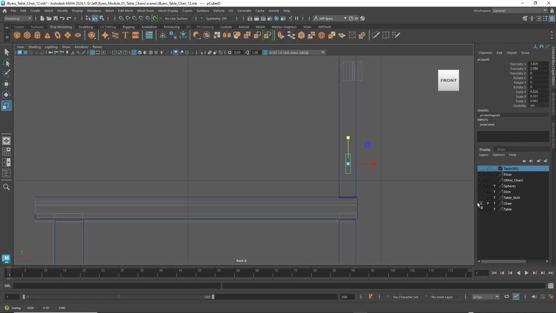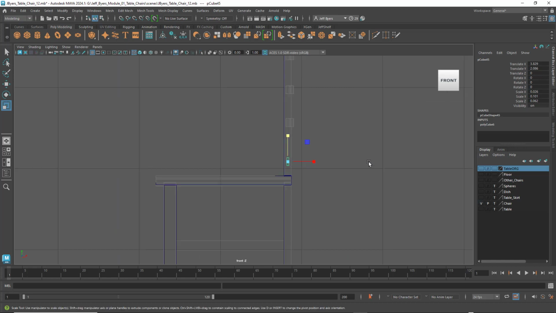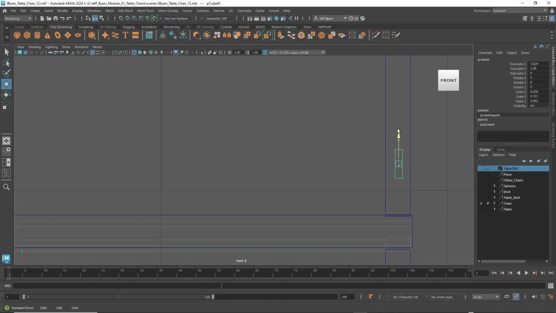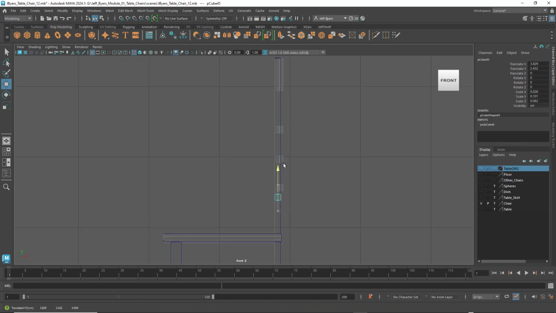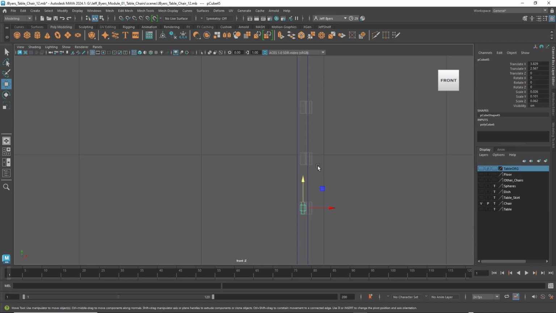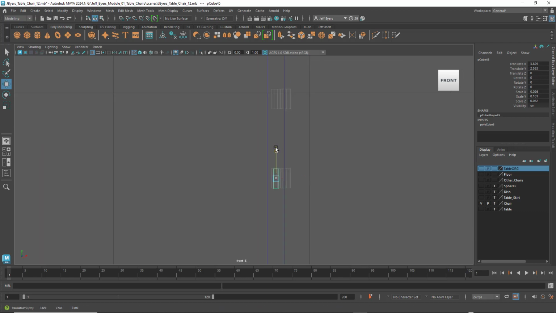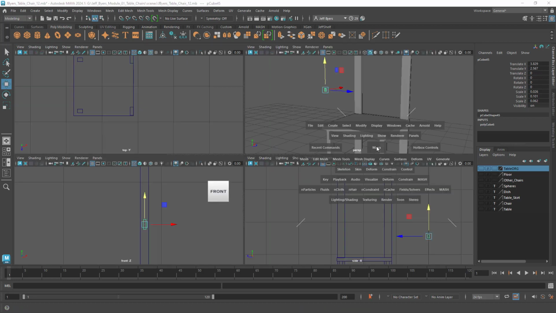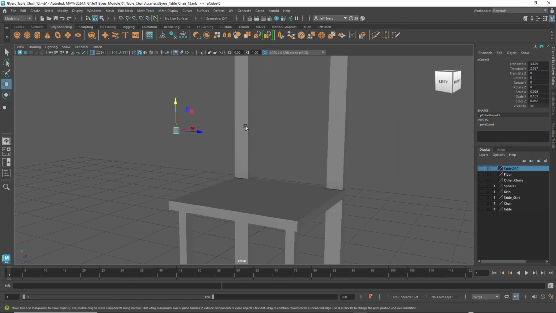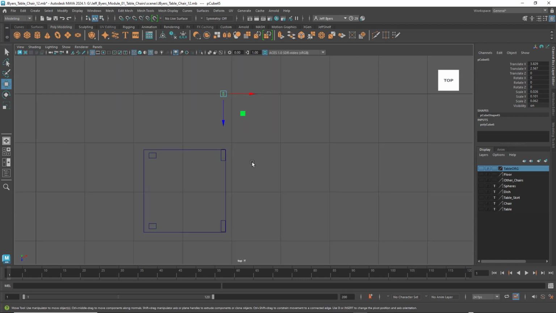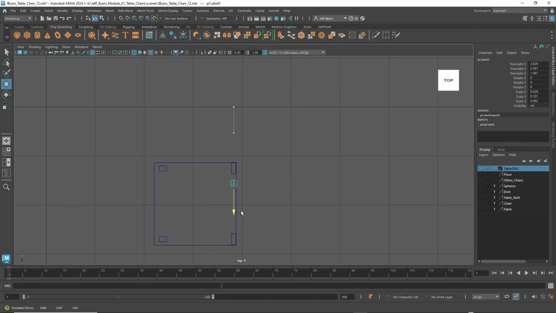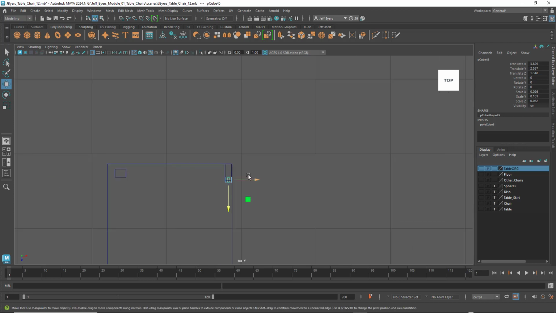I'm going to turn that chair back on just so I can see what the thickness or the height of that should be. And that looks pretty good. I'm going to turn that back off again. There we go. All right, so I'm going to go to the top view of the chair, and you can see that's quite a ways away. I'm going to move that over to